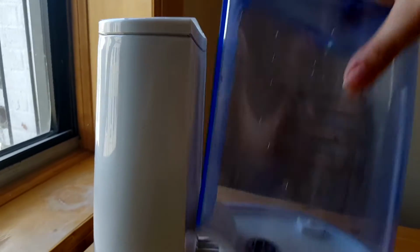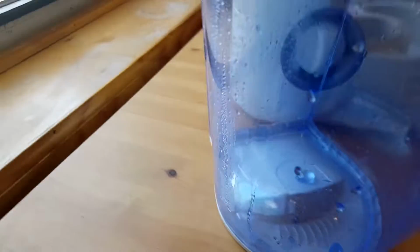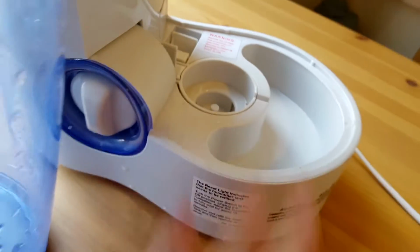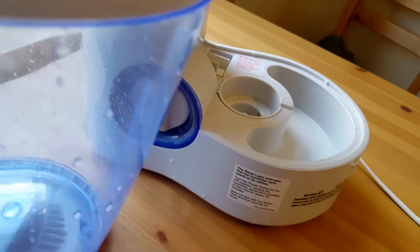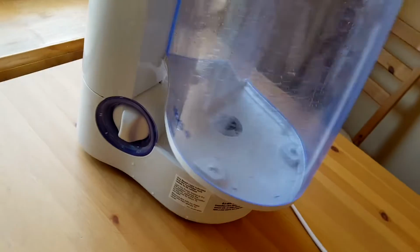To clean it, I just rinse this out. And then when I really want to deep clean it, which I should do quite often, I fill this up with some white vinegar. I also make sure to clean this area too, because water gets in there. And it's really easy to lift because it has this little handle right here. And you just